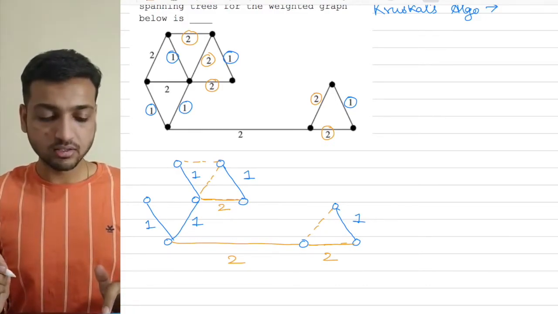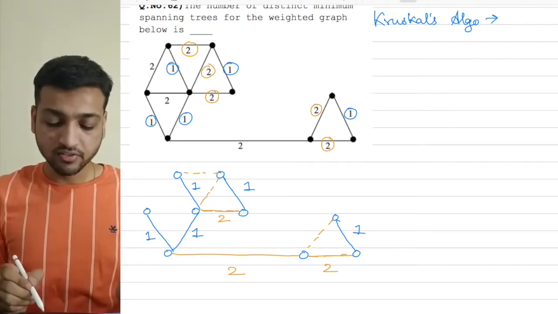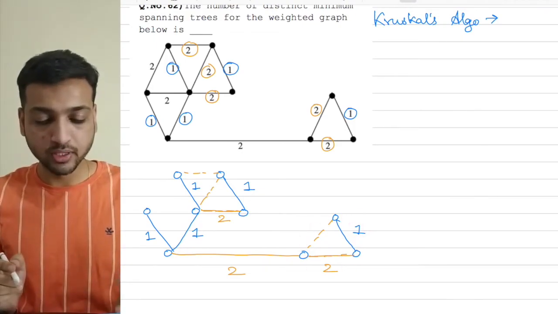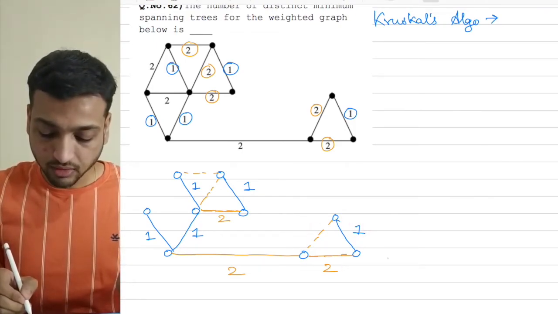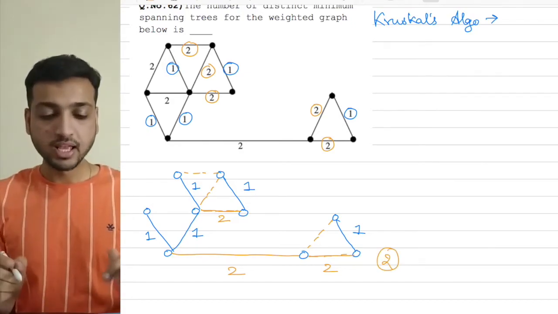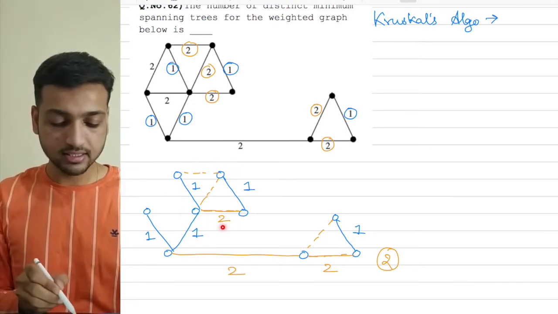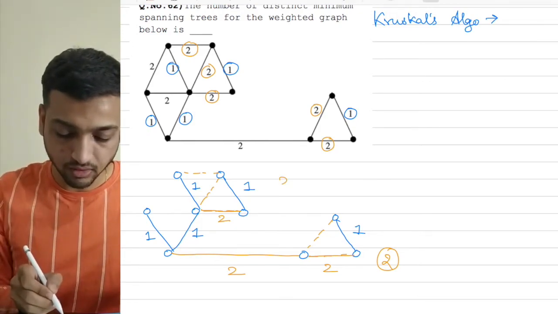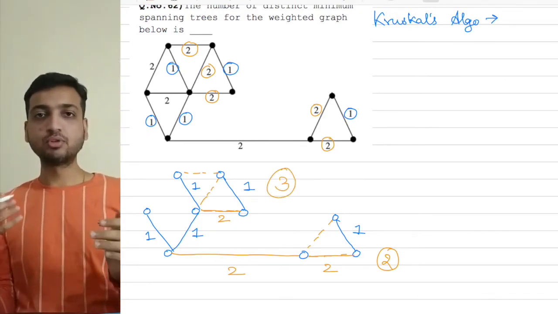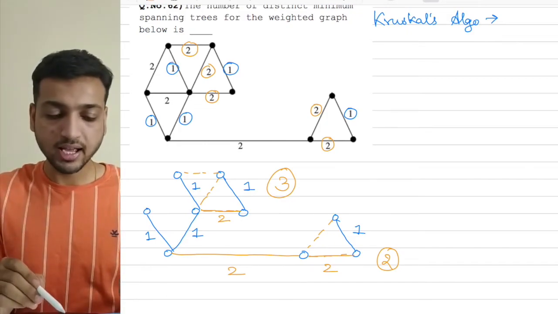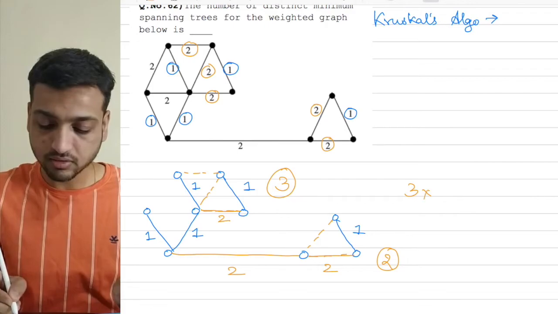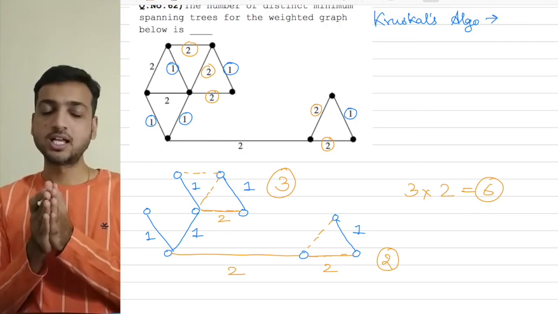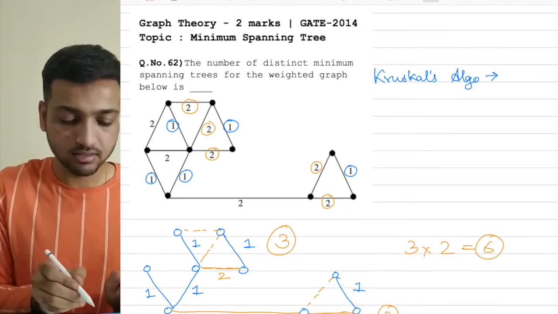So as you can see, while solving this problem, we must have noted that when we were adding an edge at this triangle, we had 2 choices. Okay, so I'm going to quickly note it down. So we had 2 choices here while we were adding the edge of weight 2, and when we were adding the edge in this scenario, we had 3 choices. Okay, so I'm going to make a note of that too. 3 choices here and 2 choices below. So 3 into 2, 6. So overall I had 3 into 2, 6 ways to construct a minimum spanning tree. So the number of distinct minimum spanning trees in this question is going to be 6. So that is my answer here, 6.